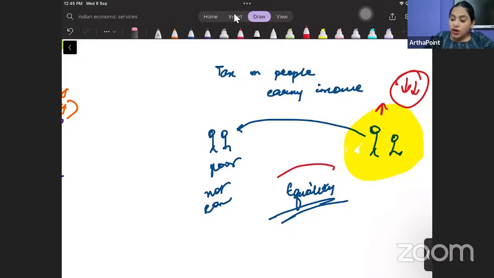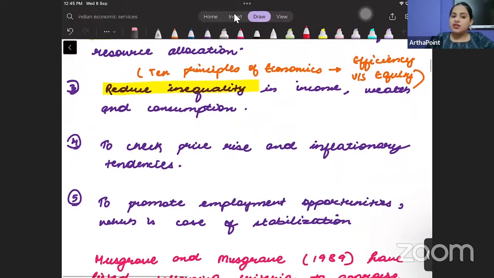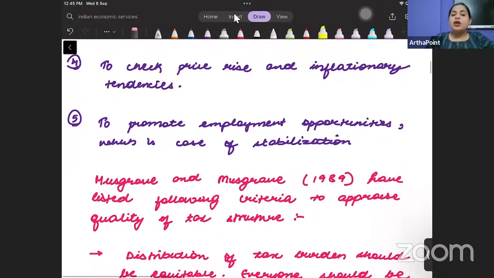So whenever you are aiming to bring equality by transferring taxes, there is a disadvantage also, that this will reduce the efficiency in the economy. It will reduce the productivity in the economy. So this is exactly what we are saying, right? It is reducing inequality in the economy, inequality in income, wealth, and consumption, because you are redistributing wealth. You are taking wealth from the rich and redistributing it to the poor. Okay, next pair. To check price rise and